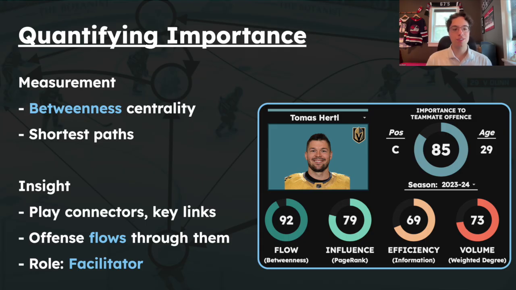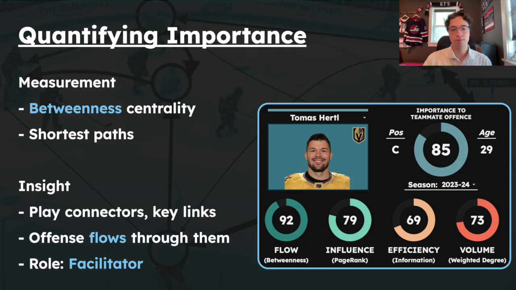So this really helps us find the key play connectors on the team, the real facilitators who have a lot of the offense flow through them. So, for example, here we have Tomas Hertl for most of the 2023-24 season. He spent on San Jose before being traded to Vegas. And obviously, he was the main piece there on that team through which the offense went through, giving him a